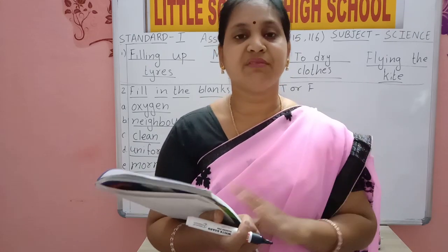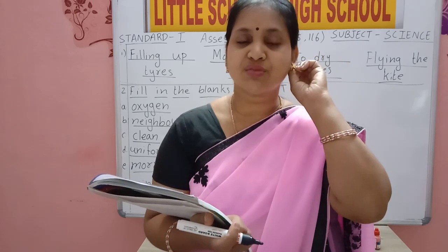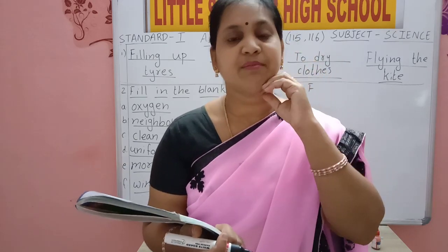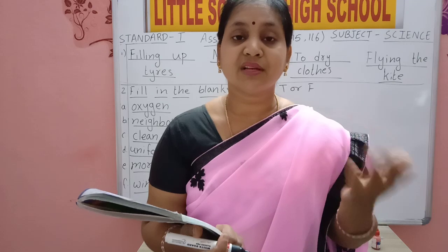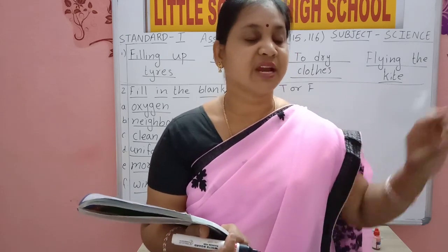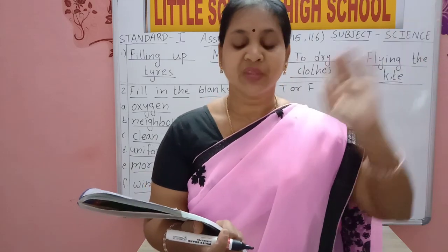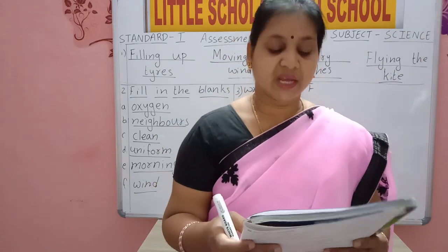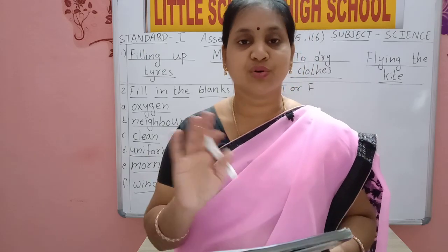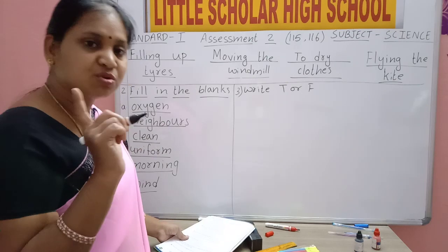From river only we get water. At home, we have rivers near our house. We go and fill water from river and come. No, we have many other sources. We have lakes, we have seas, oceans, and when we open the tap at home, we get water from our tank. So river is not the only main source of water. Here they told only river is the main source, so the answer is false.